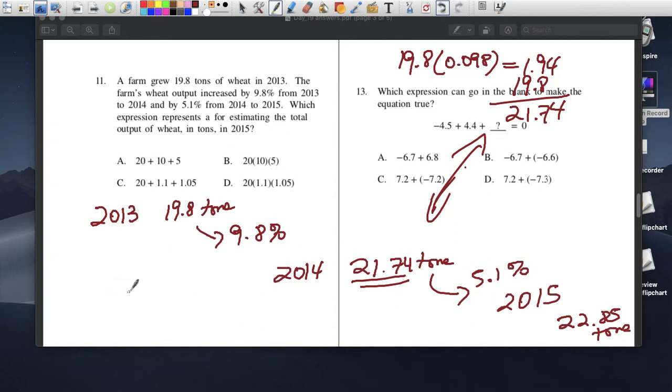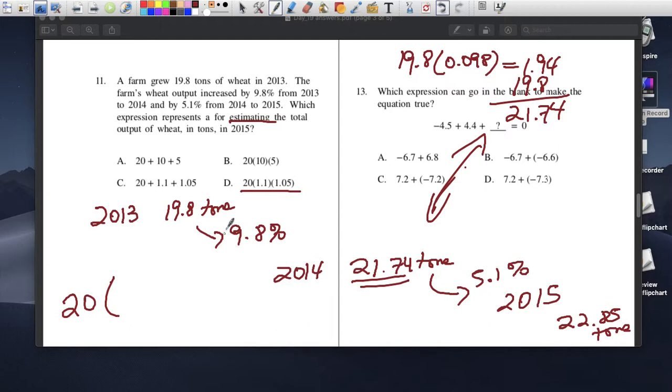Well, again, I guess you can see that we did this. Which expression represents an estimate of the total output of wheat in tons in 2015? Because it's estimating, I guess they rounded 19.8 to 20. So what they did was 20, which is 19.8 rounded, and then they multiplied by the growth. If you're doing it the quick way, you're going to multiply